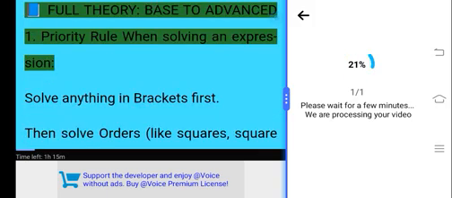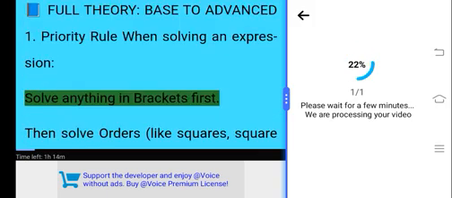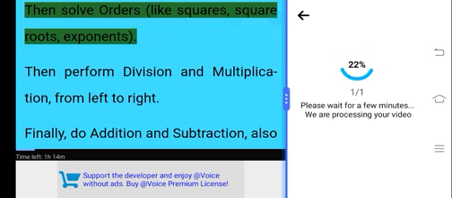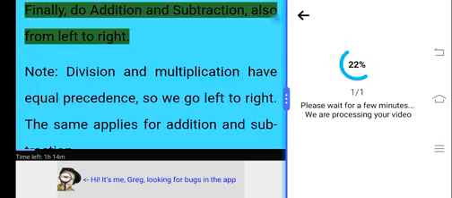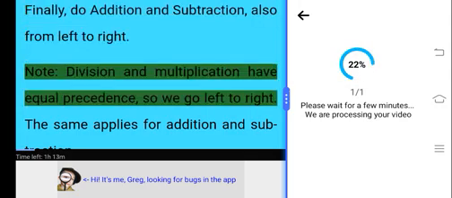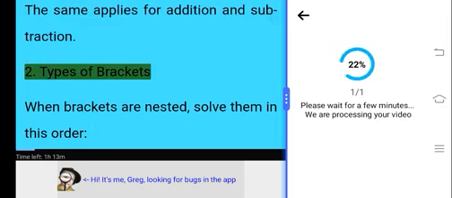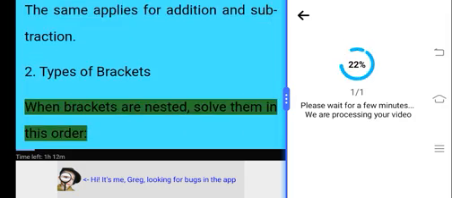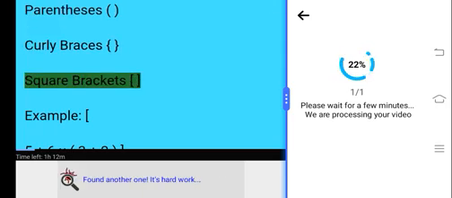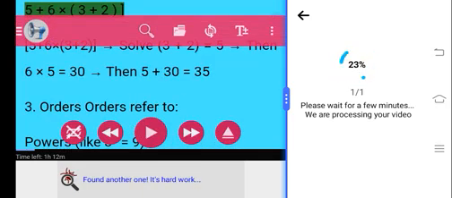Bookful theory, base to advanced. 1. Priority rule when solving an expression. Solve anything in brackets first. Then solve orders like squares, square roots, exponents. Then perform division and multiplication from left to right. Finally, do addition and subtraction, also from left to right. Note, division and multiplication have equal precedence, so we go left to right. The same applies for addition and subtraction. 2. Types of brackets. When brackets are nested, solve them in this order: parentheses, curly braces, square brackets. Example: 5 + 6 ×